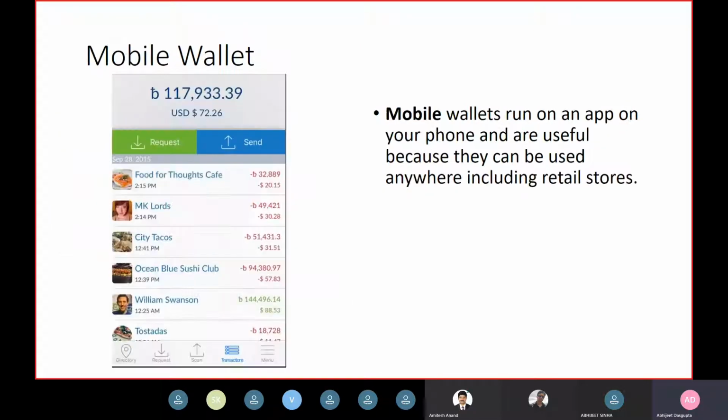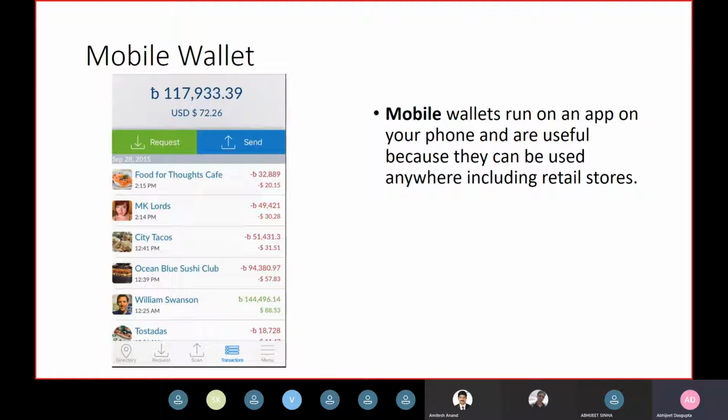The third type of wallet that we can see here is a mobile wallet. A mobile wallet is a wallet which resides on your mobile device, and it performs in a similar way to a desktop wallet on your desktop. But a mobile wallet can be in two forms. One, similar to a desktop wallet, where the entire wallet along with the blockchain can reside on your mobile. It will take a lot of space, but that is more secure as long as your mobile is secure.